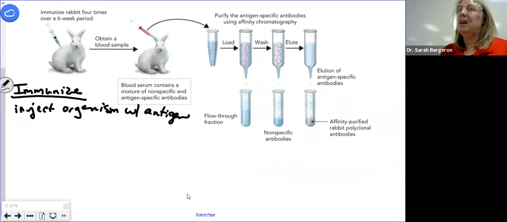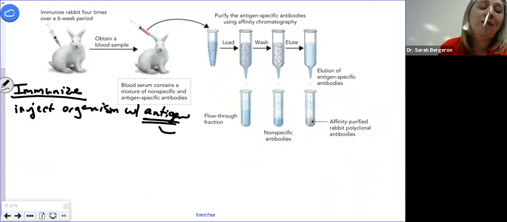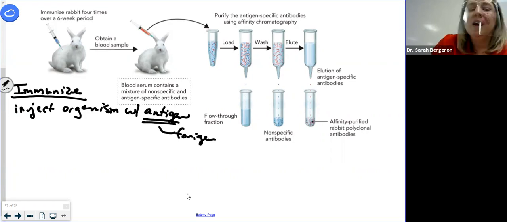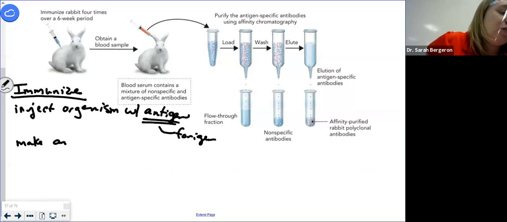Not made by a B cell. Remember, antigen is on something foreign. It's all right. No, it's lots of new terms. Lots of new terms. Is an antigen relatively large or small? It's just small. It's relatively small. So there are two ways that I can make it. So I make the antigen via one of two ways.